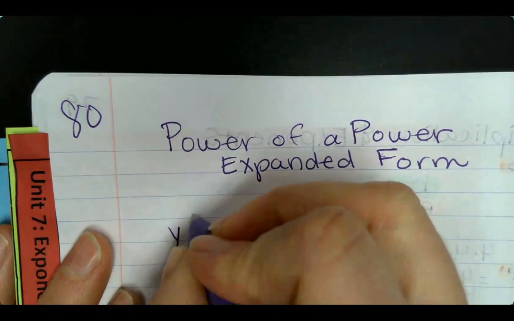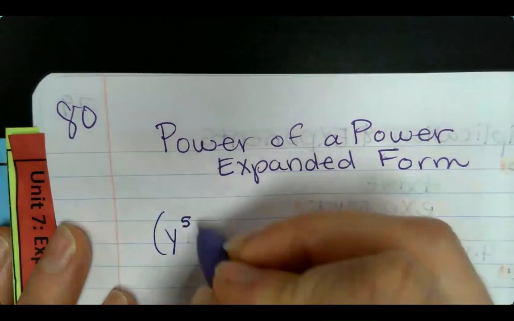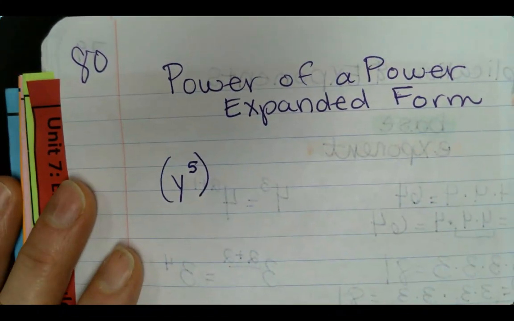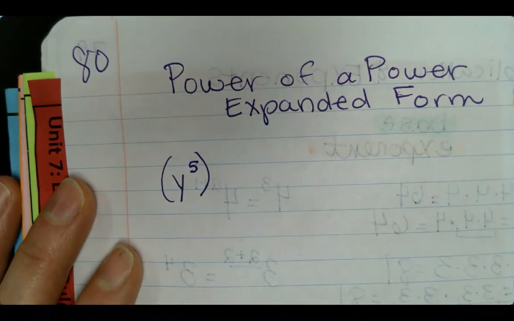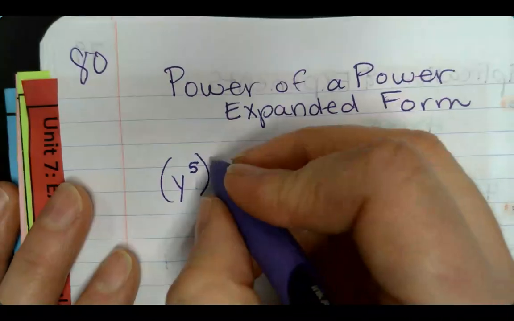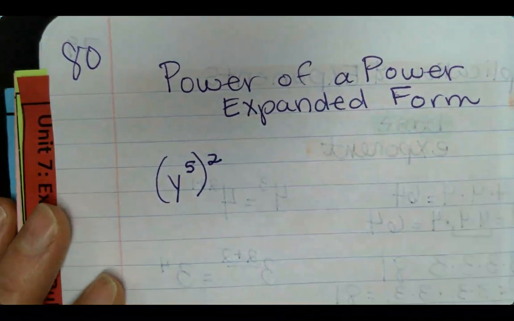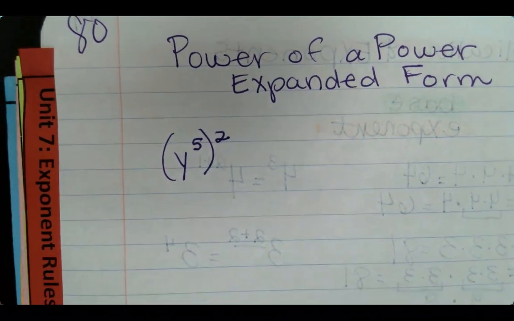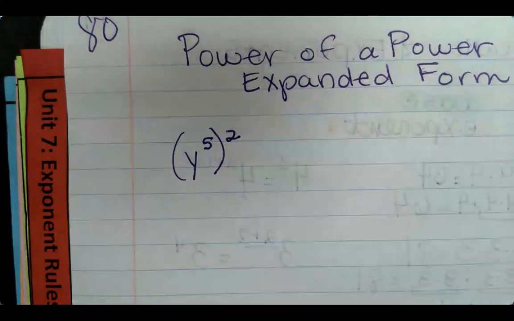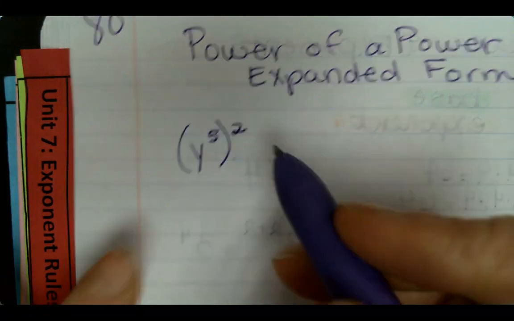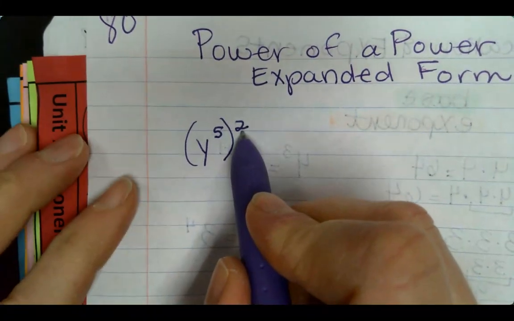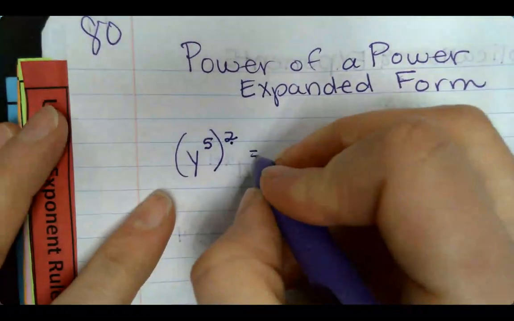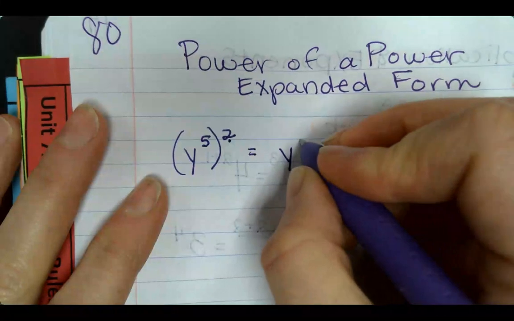So I'm going to put y to the 5th in parentheses, and I'm going to raise that to the 2nd power. So that's going to be squared. What I mean by expanded form, I'm going to expand this out based on that exponent outside the parentheses. There's a 2 outside the parentheses, so that means it's being multiplied times itself 2 times. So I'm going to expand it out and put y5,